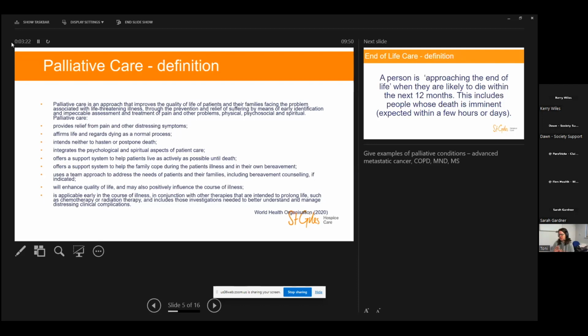We've talked about the holistic aspects of palliative care, but it's very much about helping people live as actively as possible until death. So what is important to that person, and how can we support that person to live the life that they want to live until they die. As well, one thing that makes palliative care a little unique is the ability to care for family as well. So family and friends, both whilst the patient is unwell, but then into bereavement as well. And again, that's another area that makes palliative care unique.